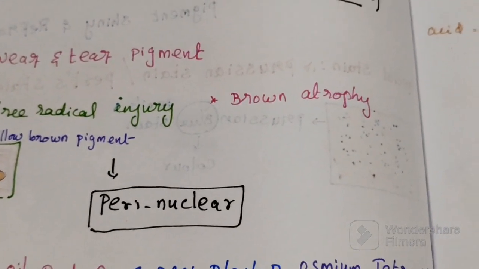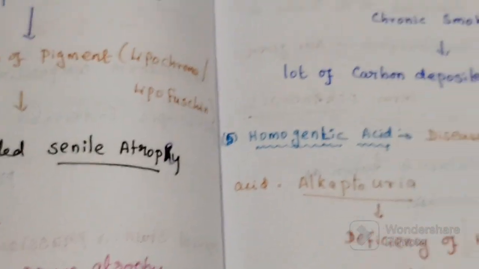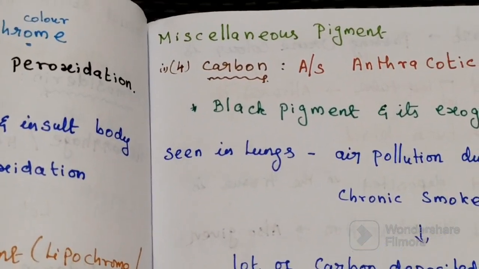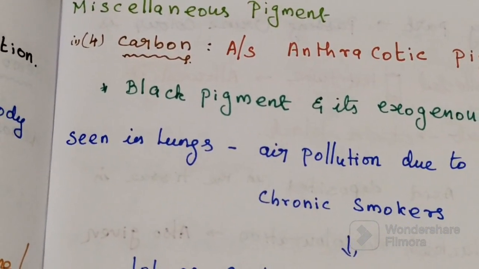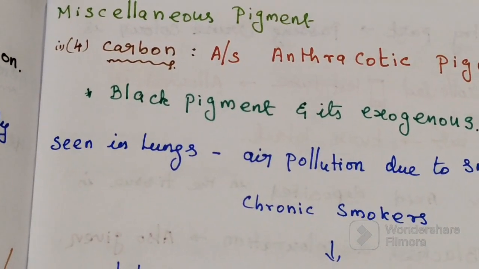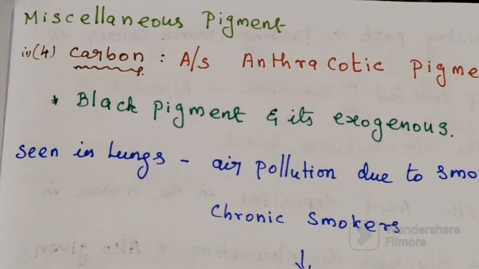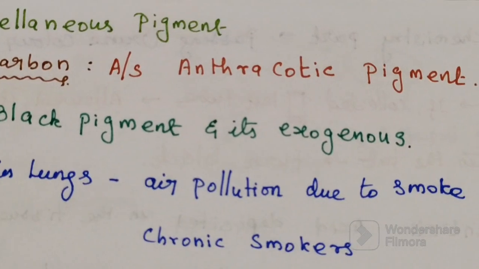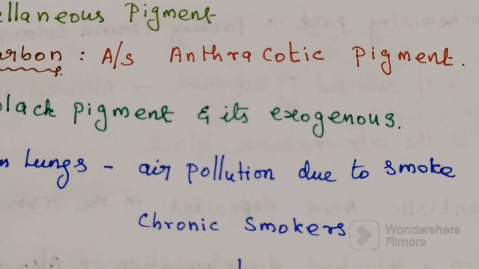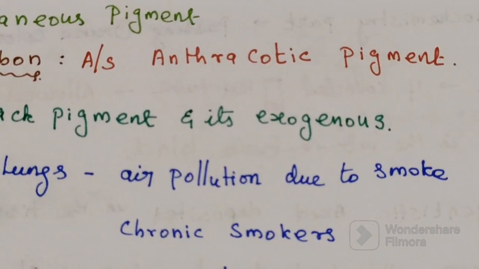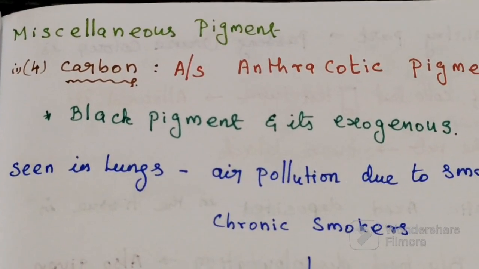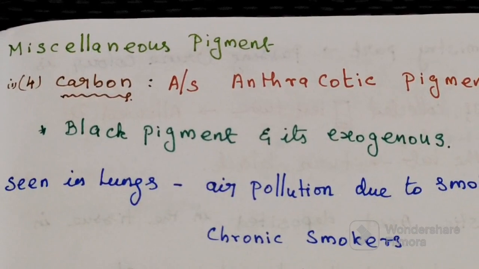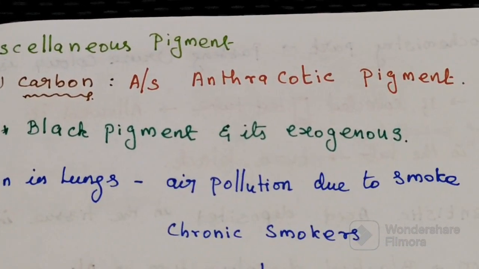These are the main pigments we have in our body. Some miscellaneous pigments are also important for us. The first miscellaneous pigment is carbon. It is also called anthracotic pigment. Carbon is a black pigment and it is exogenous,